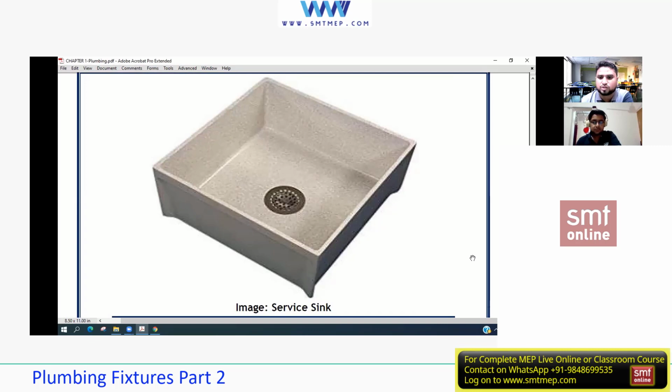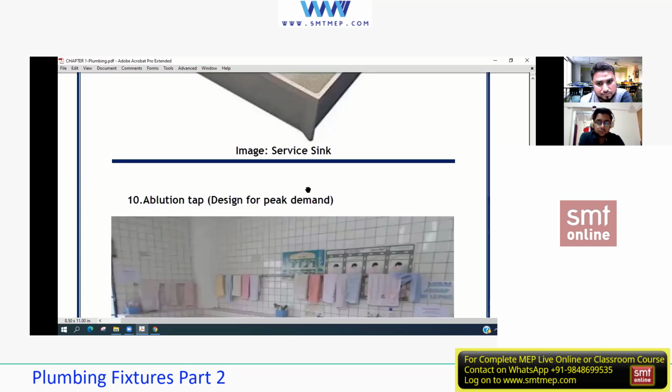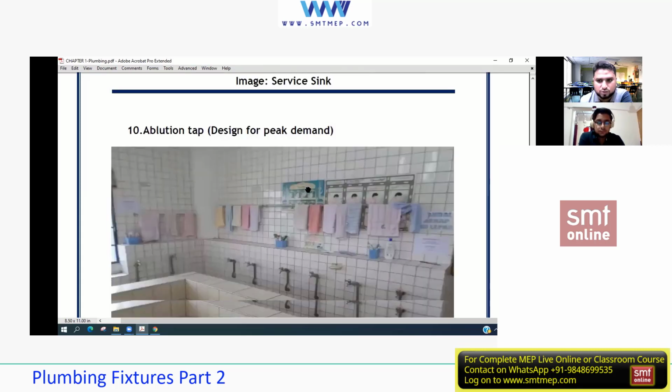Janitor sink. Okay, there is one more sink called the janitor sink. As you said, it is for dirty water or something. It can be used, as you said, in laboratories and all. The janitor sink is a kind of mop sink where the janitor mops the particular area and carries the water out. That is the janitor sink over there. Yeah, that's what I said, the janitor sink is one more, other than that.